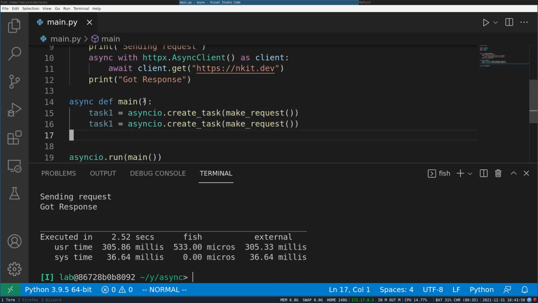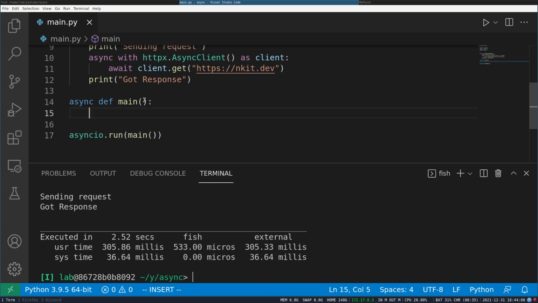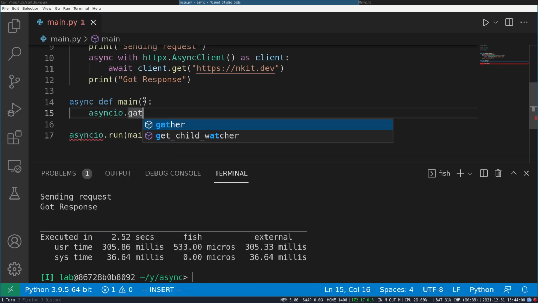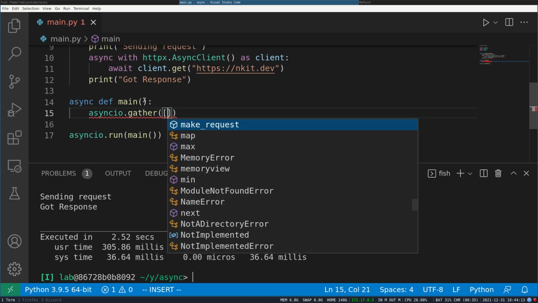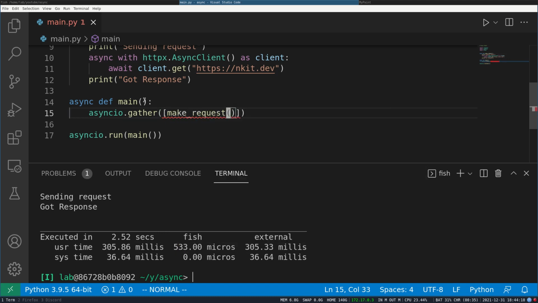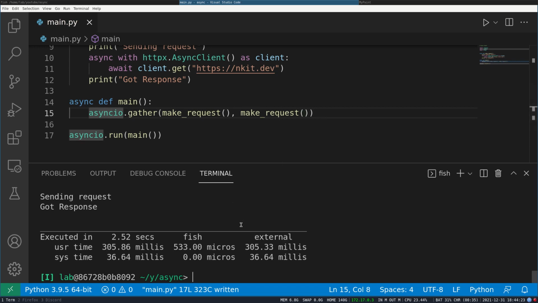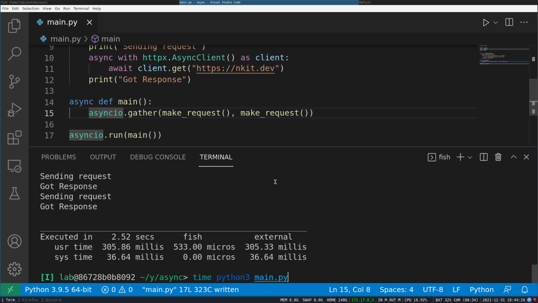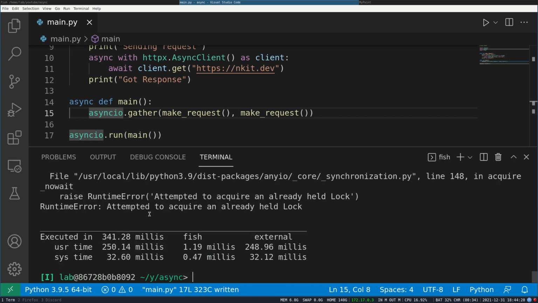And I will call this again with task 2. Well, actually let me make it simpler. So I will call asyncio.gather. Gather means execute many functions at the same time. So I will call the make request twice. So this will run the make request function 2 times, and let's see what happens now. And this will be interesting. So as I run this,